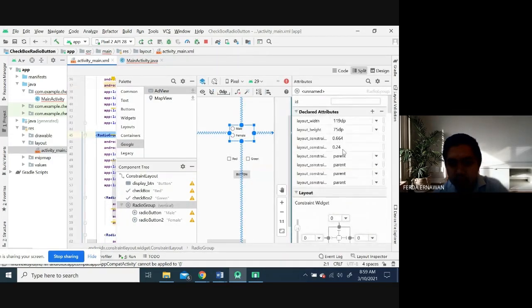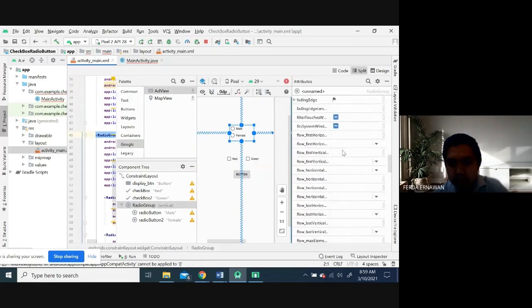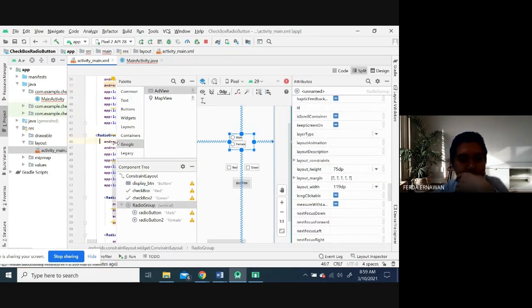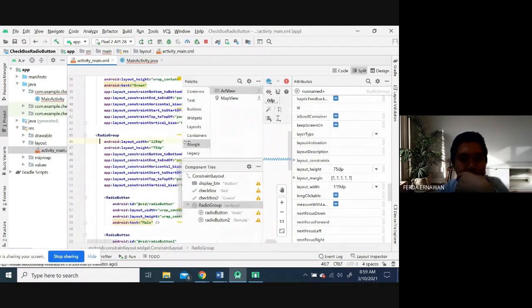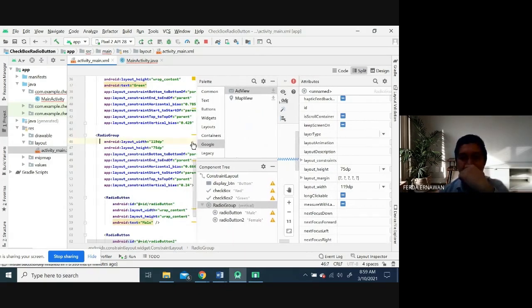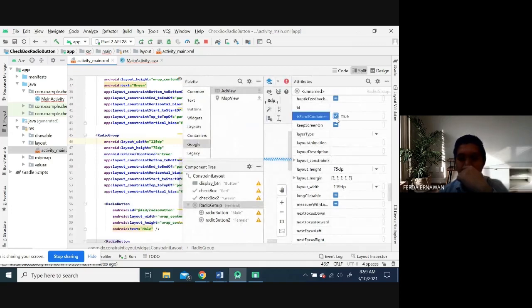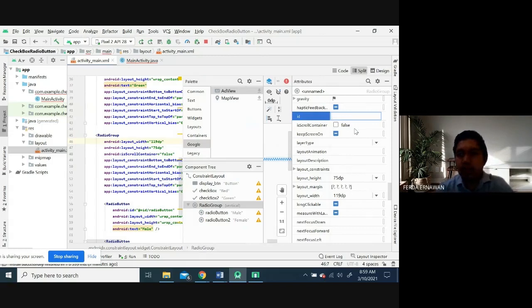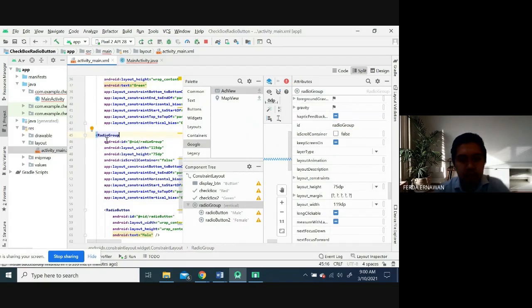What's the ID? Oh, I see. Kosong. Kosong. Let me type something here. Radio. So you can type like this, yeah.